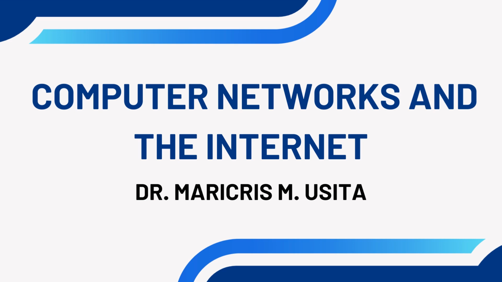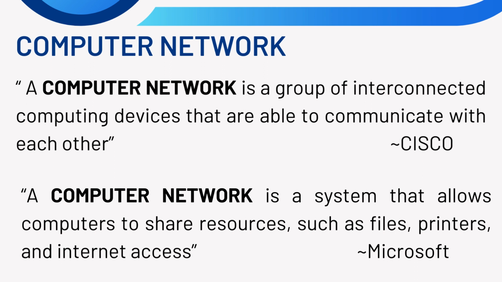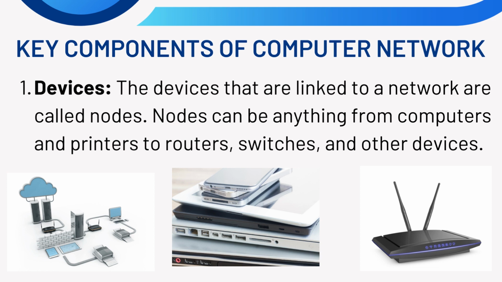Topic 4 focuses on the Internet and computer networks. As defined by Cisco, a computer network is a group of interconnected computing devices that are able to communicate with each other. Microsoft defines a computer network as a system that allows computers to share resources, such as files, printers, and Internet access. The key components of a computer network are: